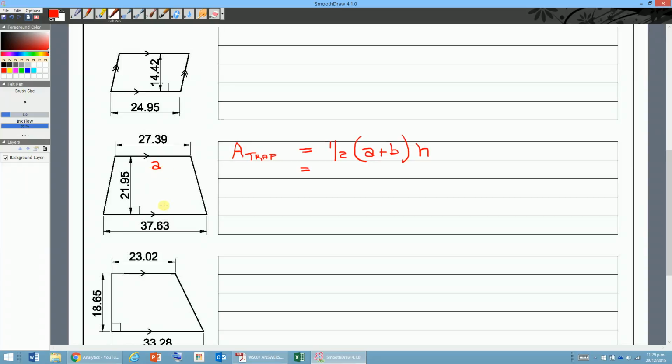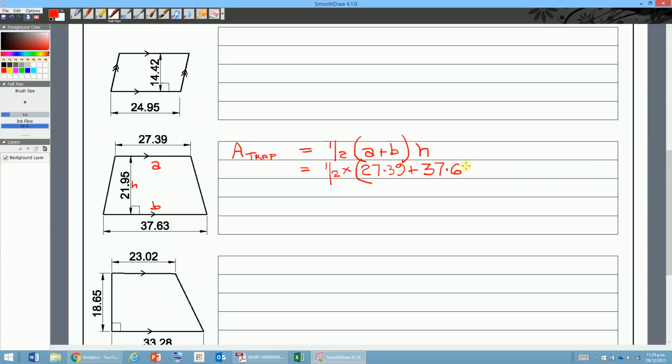That would be considered A, that there would be considered B, and here we have H. Okay, so a half times, and then in the bracket A, which I've identified as 27.39 plus 37.63,